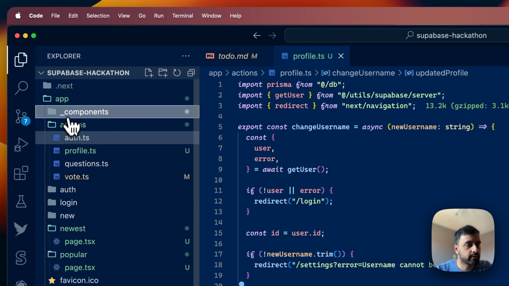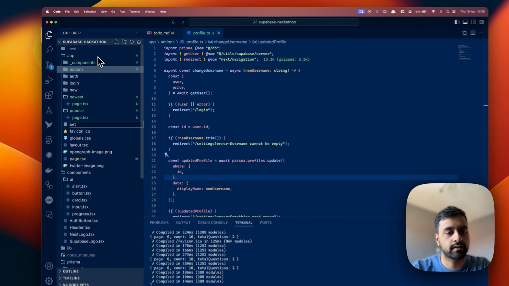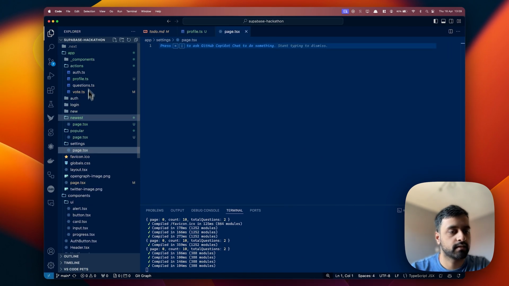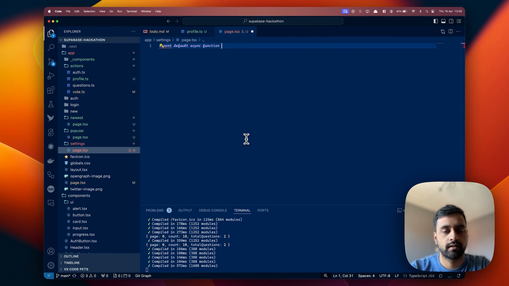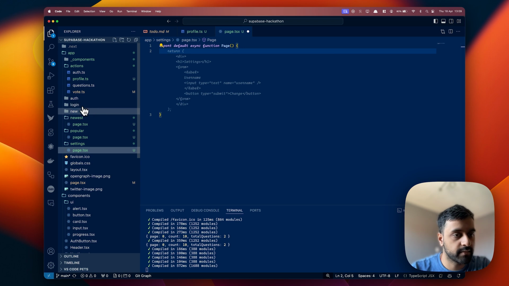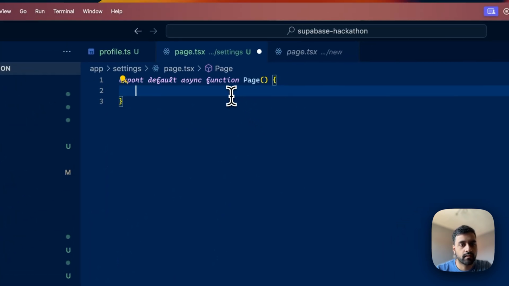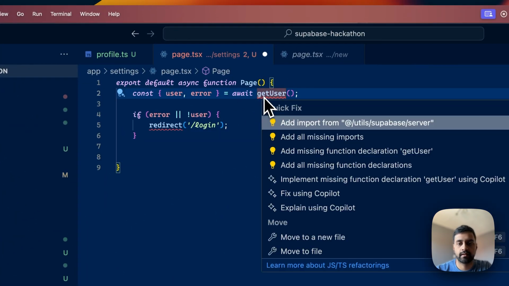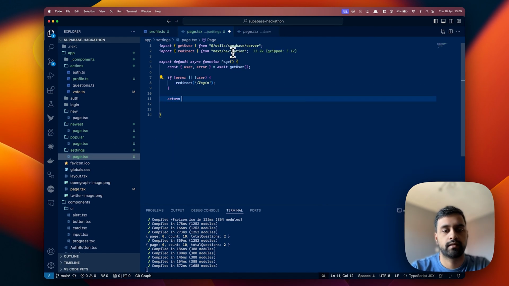Let's create a new directory for /settings, and we'll go from there. Settings, page.tsx, export default async function page. And this should only be visible if they're logged in. So that's the same case with /news. So if we just copy the code here, perfect. Get user, import that, and do the same thing here. Next navigation, return div